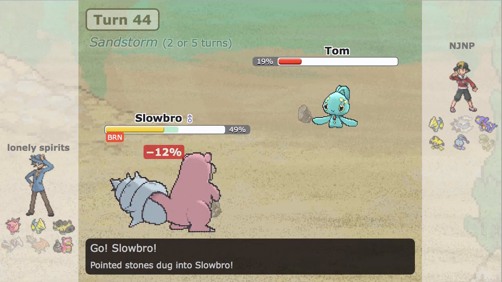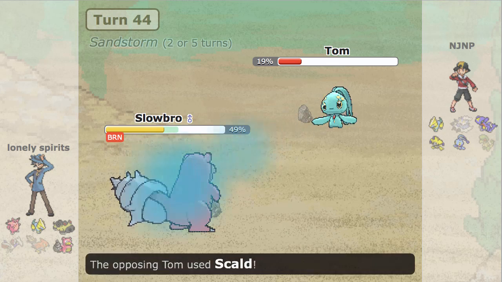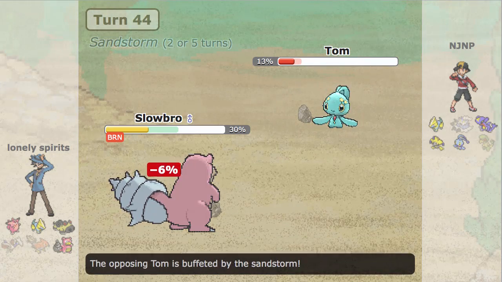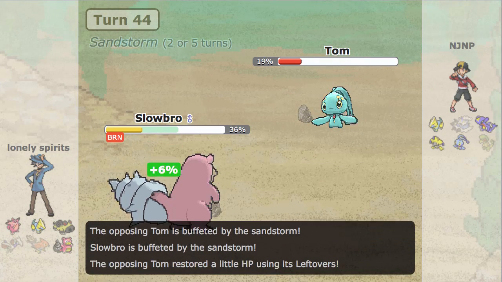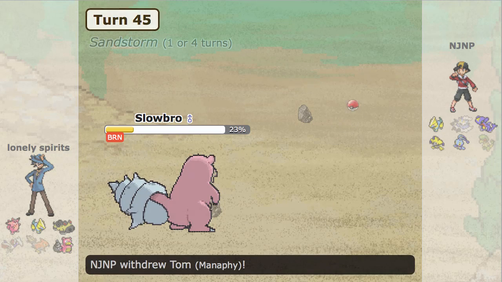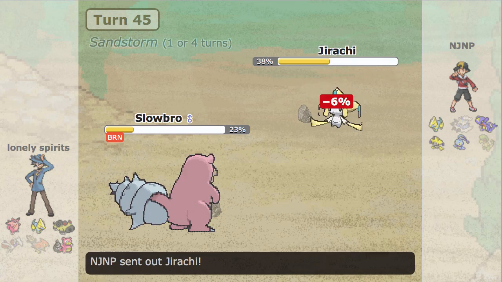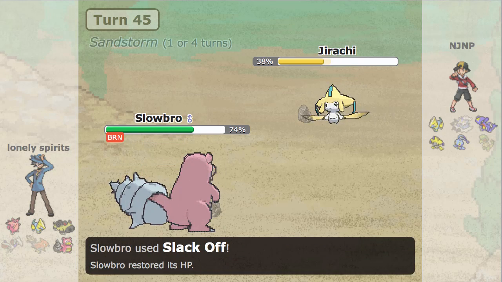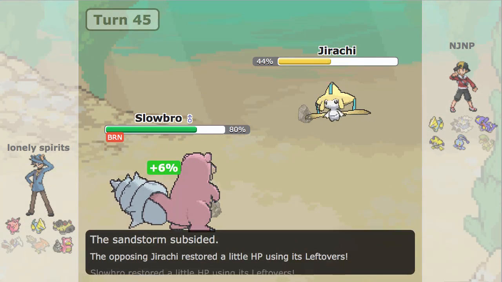So here I'm going to go into my Slowbro, mainly just considering this as an opportunity to heal up with my Slowbro. That's the main reason I want to go into Slowbro, just because I'm getting a little bit low. The Sand and Burn is wearing me down, but the Sand will wear off this next turn, and I'll be able to go for a Slack Off and heal myself up. The next Scald won't be able to kill me. So yeah, I go into a Slowbro on the Jirachi,